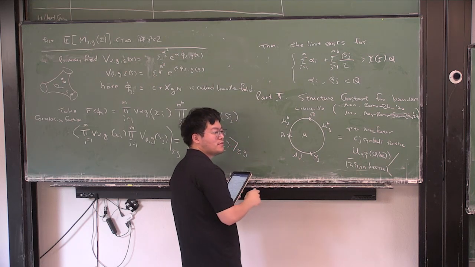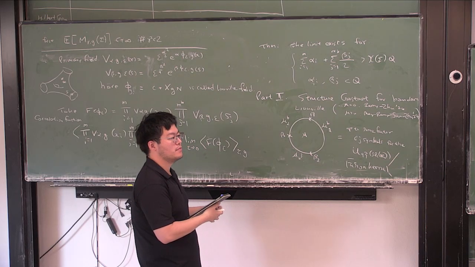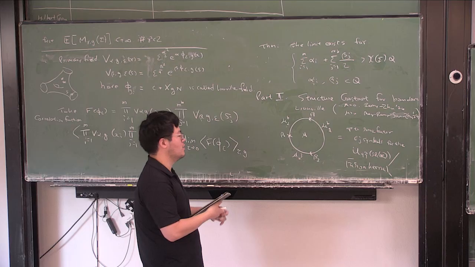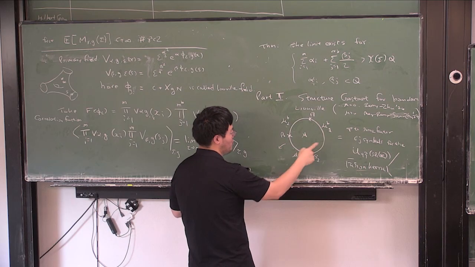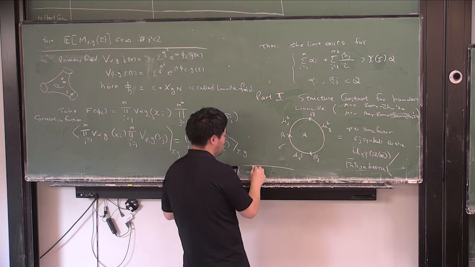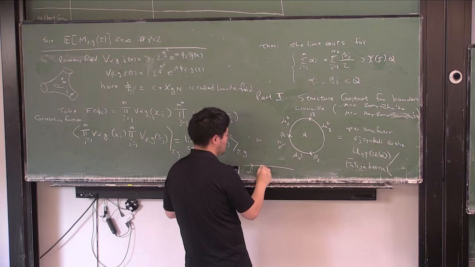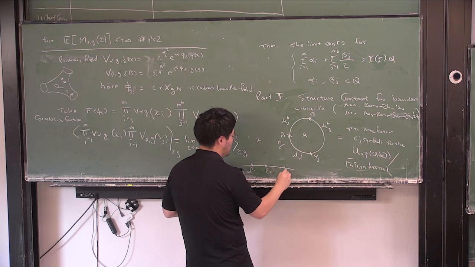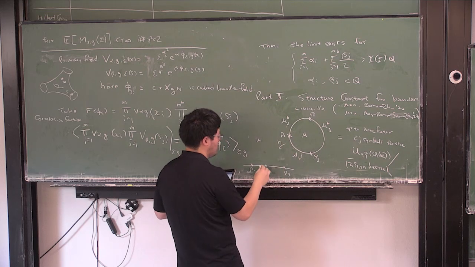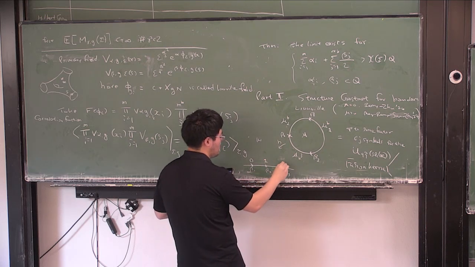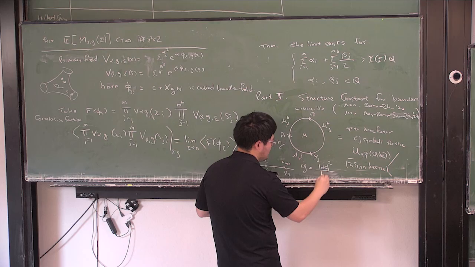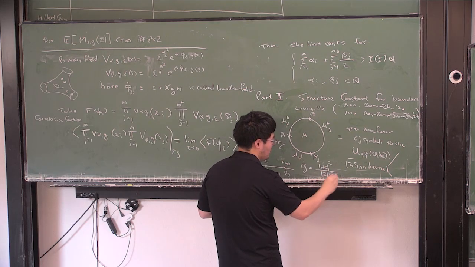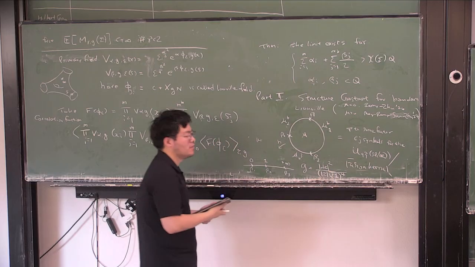But you need to fix this constant because the 5-term relation is not homogeneous. You cannot multiply all the 6J symbols by a constant. The simplest way to fix and represent this structure constant is to use the half-plane model. I choose a conformal map here, and I put beta 1, beta 2, beta 3 here, and I put the 3 points located at 0, 1, and infinity, and I use the metric g equal to